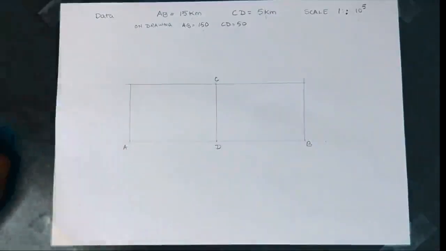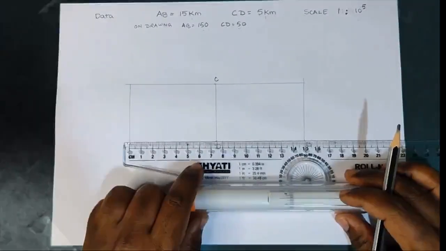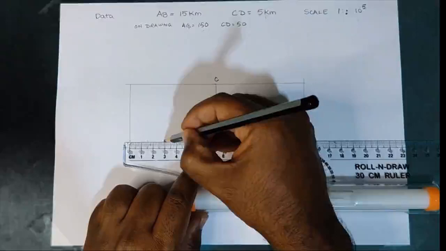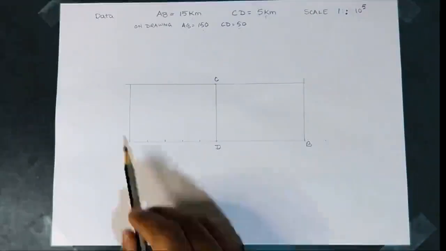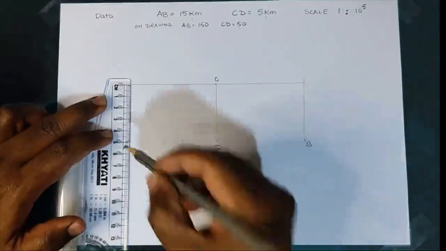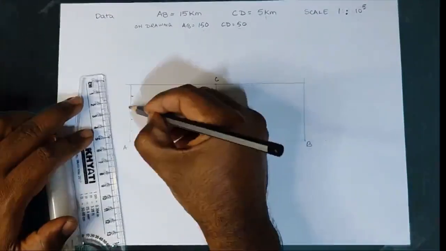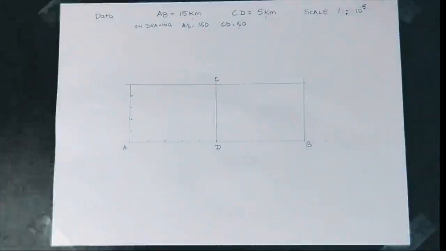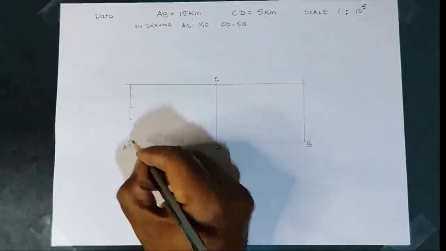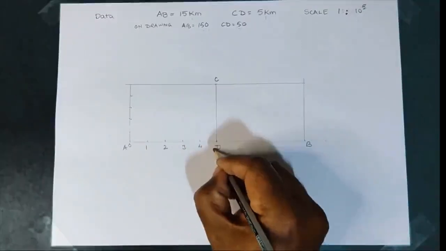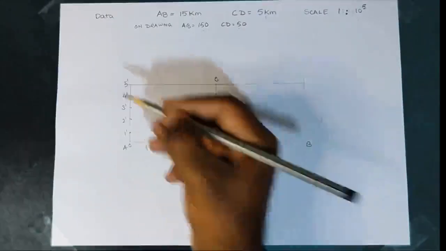Now I take half of the rectangle and divide each side into 5 equal parts. Since I know that the sides are in multiples of 5, I directly divide the side into 5 equal parts. So for the base I have taken 15 mm divisions, and for the height, which is 50 mm, I take 10 mm divisions. So I get 5 equal divisions on the base as well as on the sides of the small rectangle towards the left. Now I name the points 1, 2, 3, 4 and 5, and the vertical I name 1 dash, 2 dash, 3 dash, 4 dash and 5 dash.